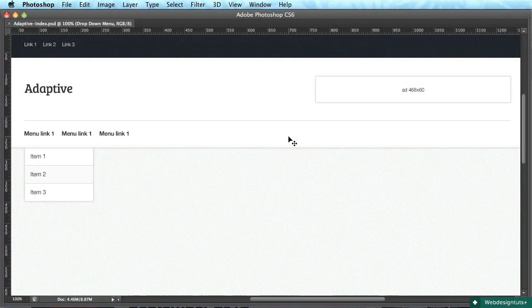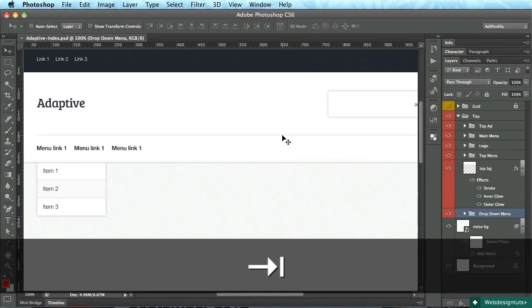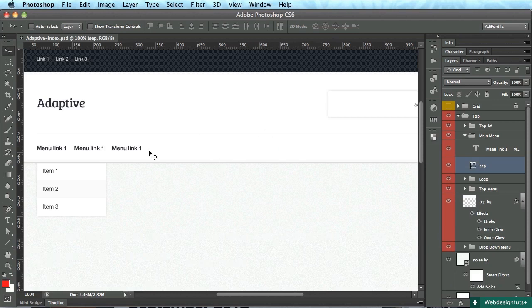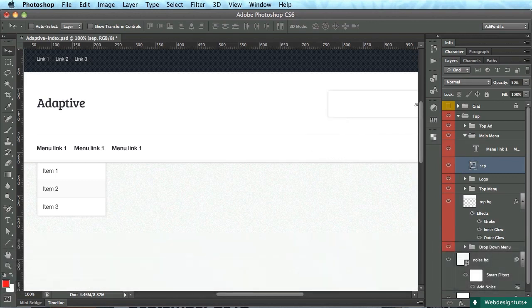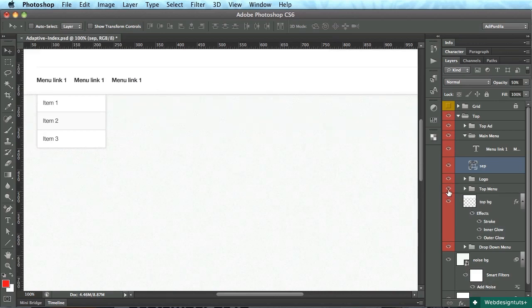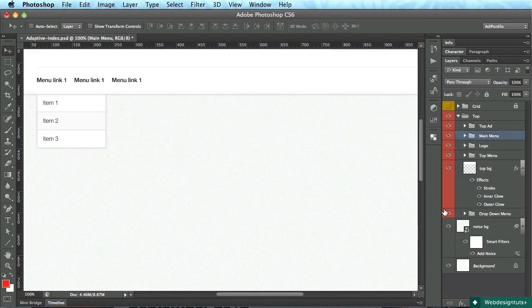Welcome back. Let's take care of our main content. But before we do that, I'm gonna make a quick change here to this separator from the menu. I think I would like it to be a slightly lighter color. So I'm gonna change its opacity to about 50%. And the new color, let's grab it. And the new color is EBEBEB. Okay, perfect. Now, I'm gonna hide the drop down